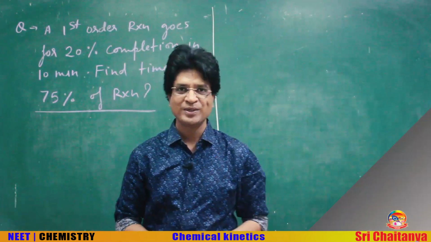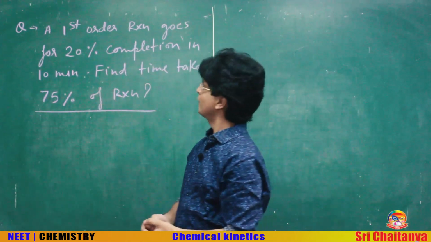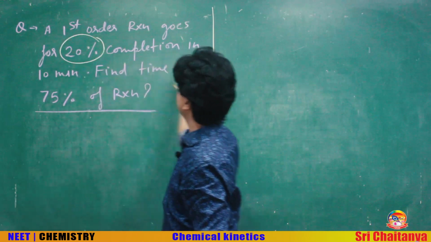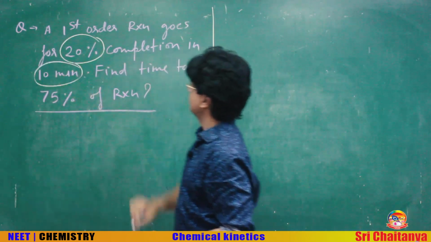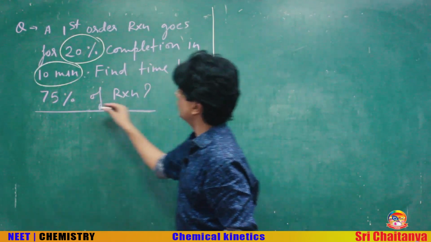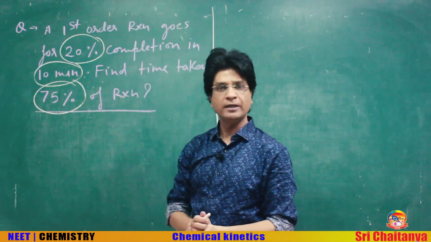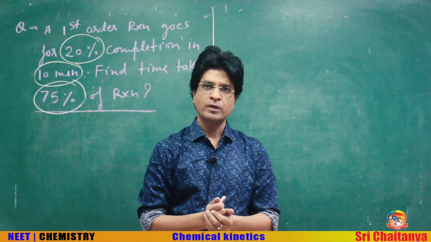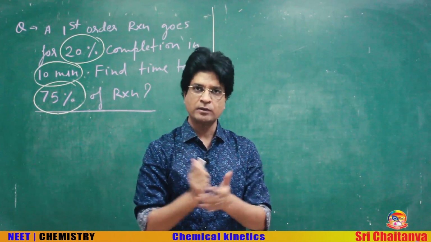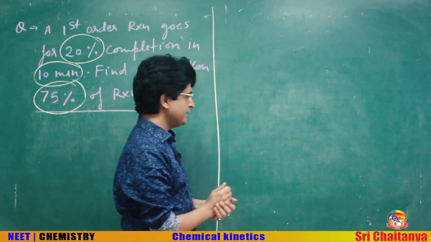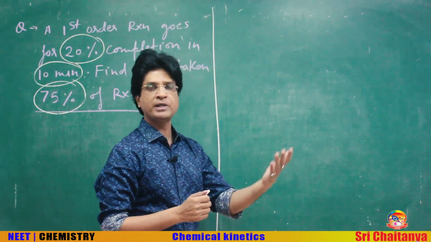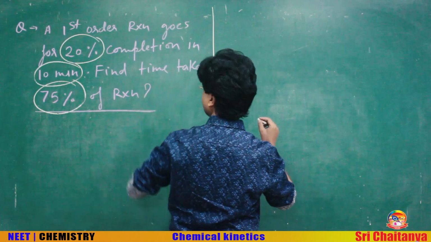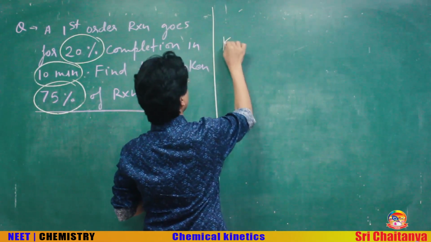Okay, students, let's see one more question on first order reaction. This question says that it is 20% complete in 10 minutes. They are asking to find the time taken to complete 75% of the reaction. So how will you proceed in any given order of reaction? The K value does not change for a given reaction unless you are changing temperature or using a catalyst. Here we are not changing anything like that. So I know that K will be